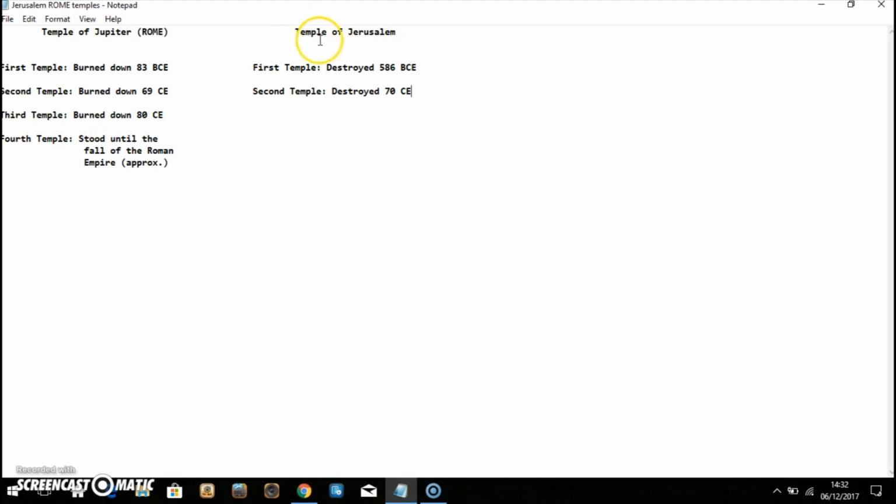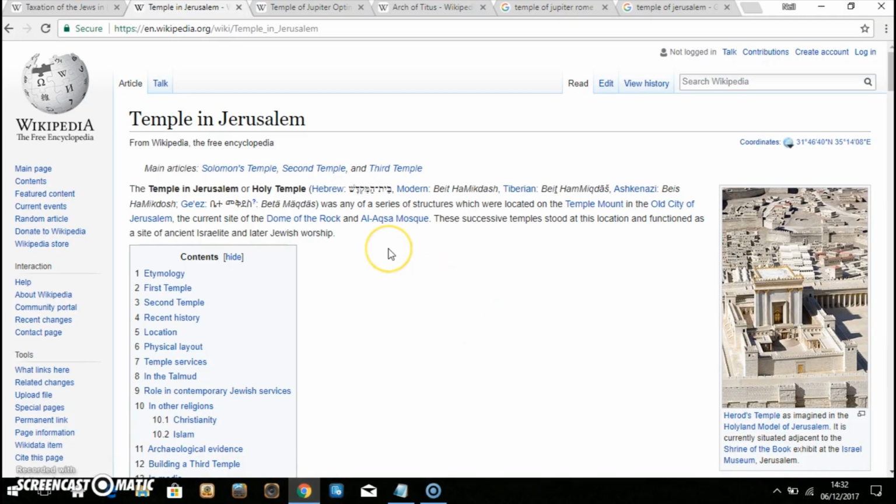Now if we look at the Temple of Jerusalem, we have a similar thing. We have the first temple destroyed a good while back, 586 BCE, but then the second temple destroyed 70 CE, so pretty much the same time as the second temple of Jupiter. So there's this similarity already just looking at the timelines, which is quite strange. But then when you look a bit further, you dig a little bit deeper and you look at